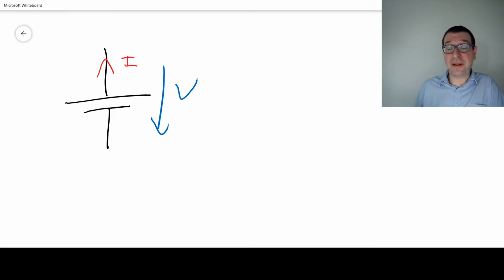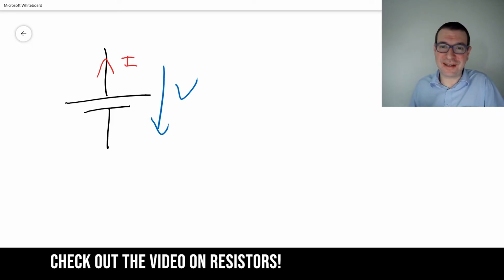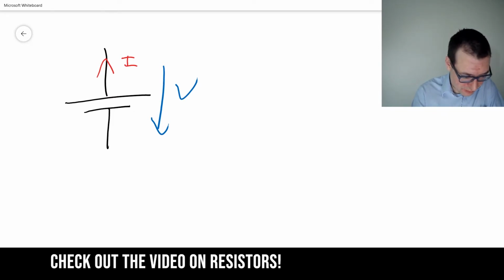So how does that relate? Well, the voltage is given. The current can be whatever it is based on what resistor or what circuit, or in more general terms, what load or what impedance we attach to it. If you have questions about the resistor, there's a separate video on resistor and resistance that I encourage you to check out. But let's assume we have a resistor here,